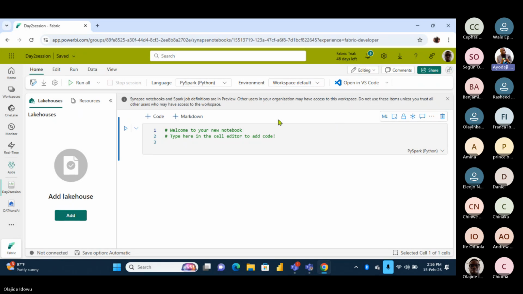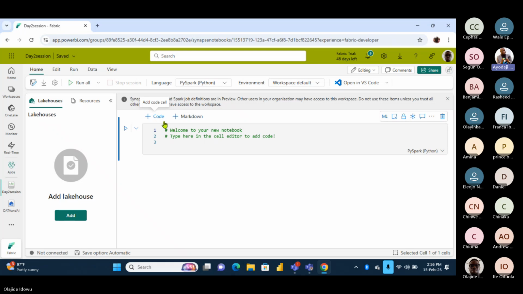The cell. There is a cell already there. I can see on Jide's screen is written, welcome to your new notebook. Type here in the cell editor to add code. Now, there are two types of things you can add. You can either add a code or a markdown.